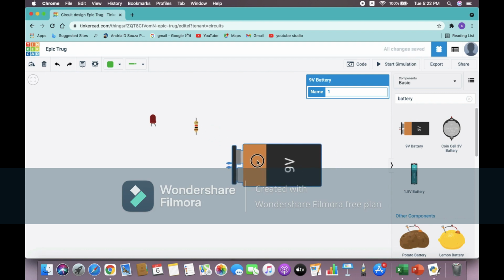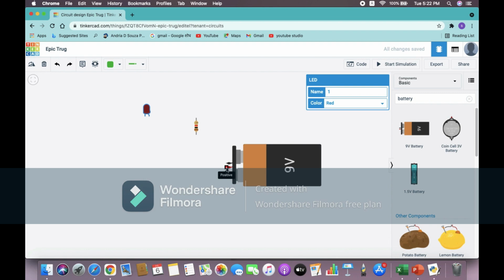I am not going into the detail of what is the purpose of the resistor and the other things. Simply you will come to know how to design a circuit. So just rotate the mouse pointer to the LED. There are two pins, one is cathode and second is anode. And over here there are two pins, one is negative pin, second is a positive pin.